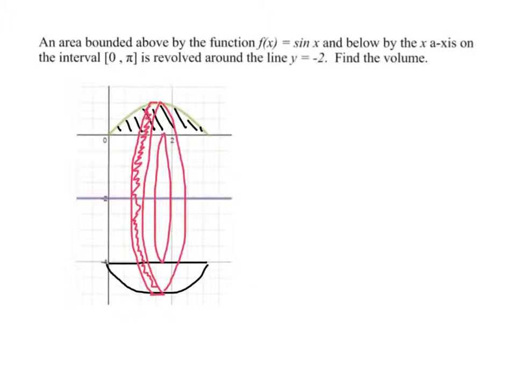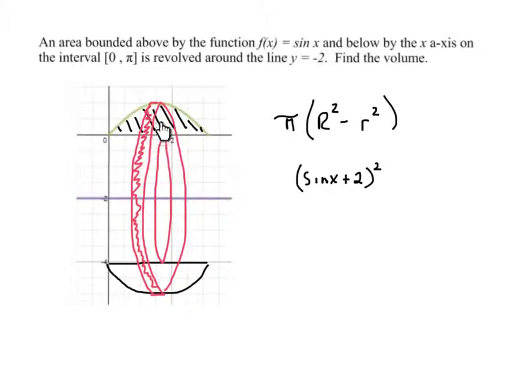The top radius, we got our pi. We got big R squared minus little r squared. Our big radius is sine of x plus 2, and that's pretty easy to spot. But our little radius is just 2, and it will always be 2. The reason I'm doing this one is that sometimes that gets forgotten,